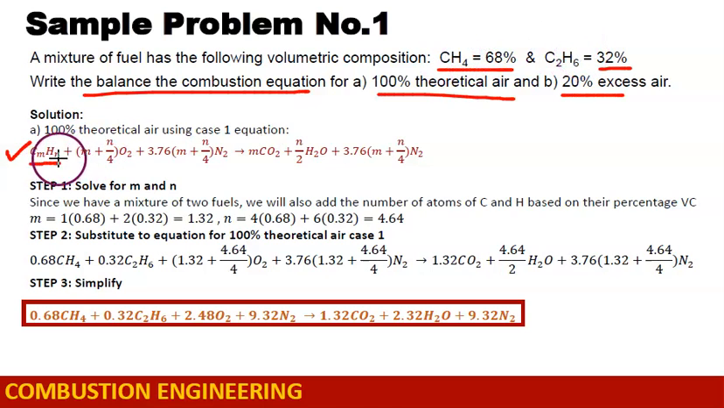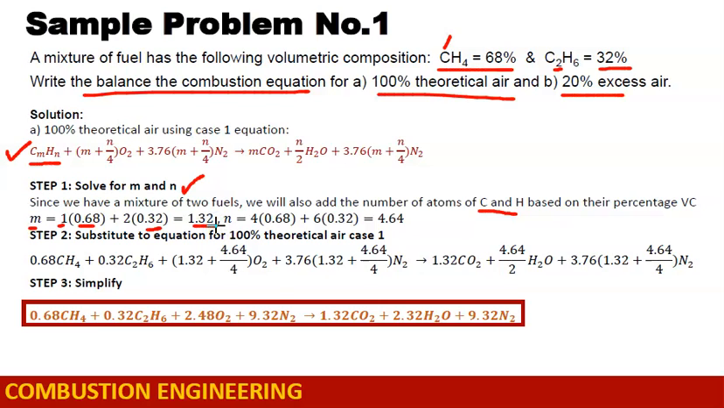In order for us to solve the values of M and N, we need to solve for the total carbon and hydrogen atoms of the fuel. Since we have a mixture of two fuels, we add the number of atoms of carbon and hydrogen based on their percentage volume composition. For M, the number of carbon atoms, we add 0.68 of one carbon atom from methane plus 0.32 of two carbon atoms from ethane. Solving this, we have 1.32